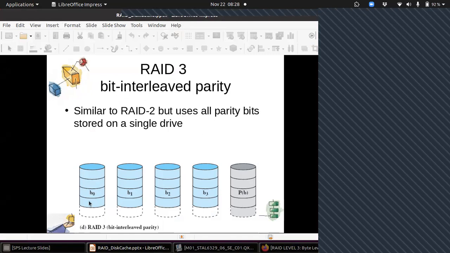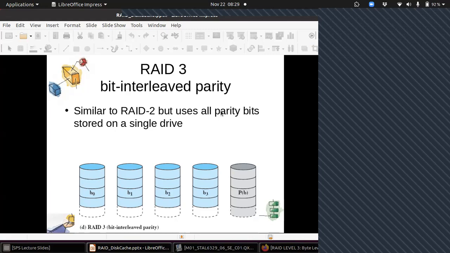And data is byte level, but parity is bit level. As I just discussed, take the first bit of all these and, based on that, you will find the first bit parity. Second bit of all these, and you will find the second bit parity likewise. So that is RAID level 3.